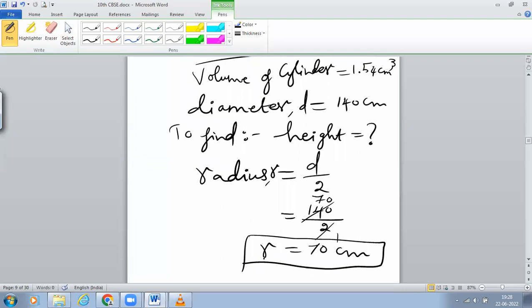Please write up to this. Radius is equal to 70 centimeter. Have you all completed up to this? Yes, sir. Okay, now next what we have to do is with the help of our radius and volume,